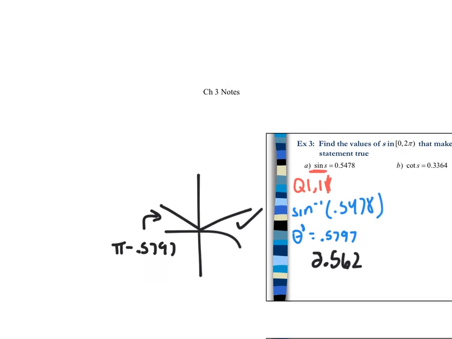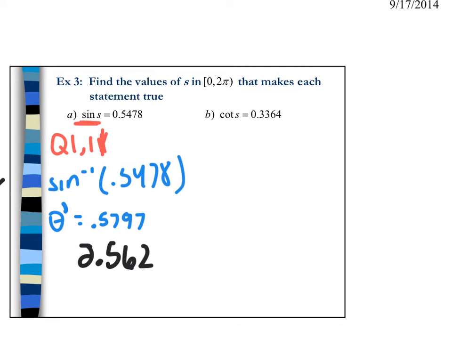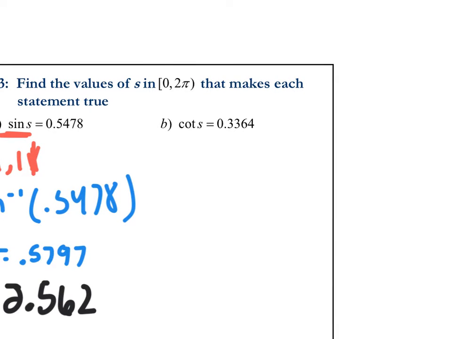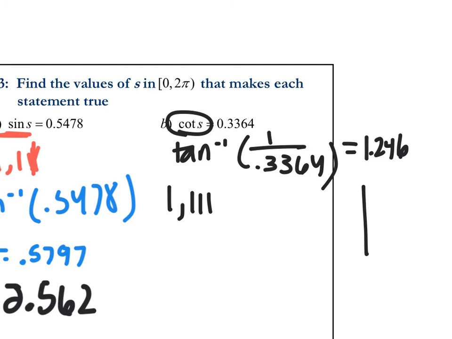All right. Now when we do part B, this is a cotangent. Recall, if you don't have a cot button, you have to do kind of like a double flip when you put this in the calculator. So you'd want to enter this as tan inverse of 1 over 0.3364. And when we type this in, we end up getting 1.246. Now, cotangent is going to be positive in quadrants 1 and 3. And this decimal right here is my quadrant 1 answer. So to get my other answer down here in quadrant 3, just like before, I think about where it is located in relation